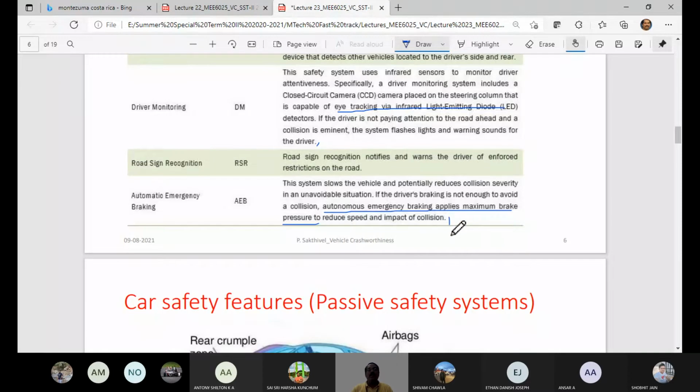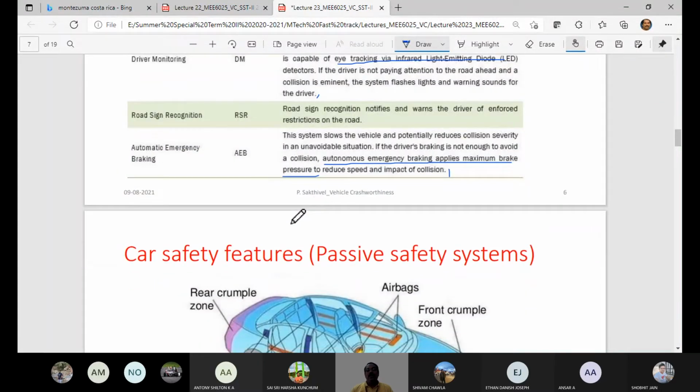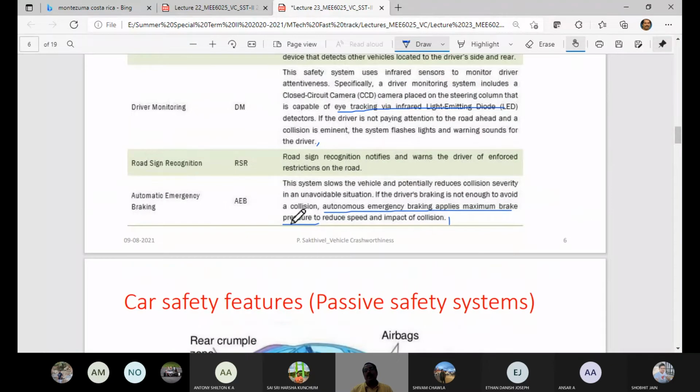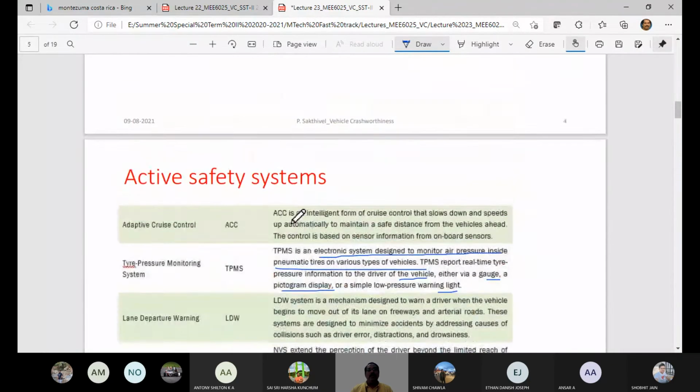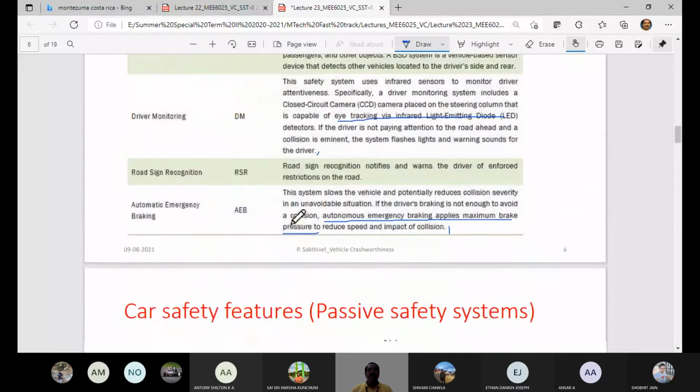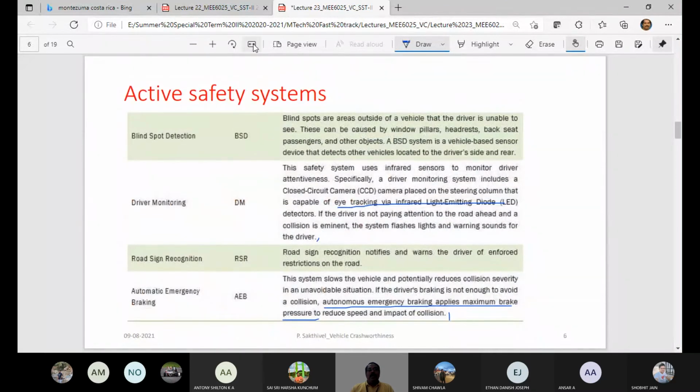So the judgment of the driver sometimes may go wrong, and then you may not be able to appropriately give the necessary braking action. Though he does it, it may be a delayed response or may not be sufficient brake pressure. In such cases, this automatic emergency braking would take action to bring back the vehicle under control, or to avoid the unwanted accident scenario. So these are all very important active safety systems that go in a vehicle. And if you look at further,